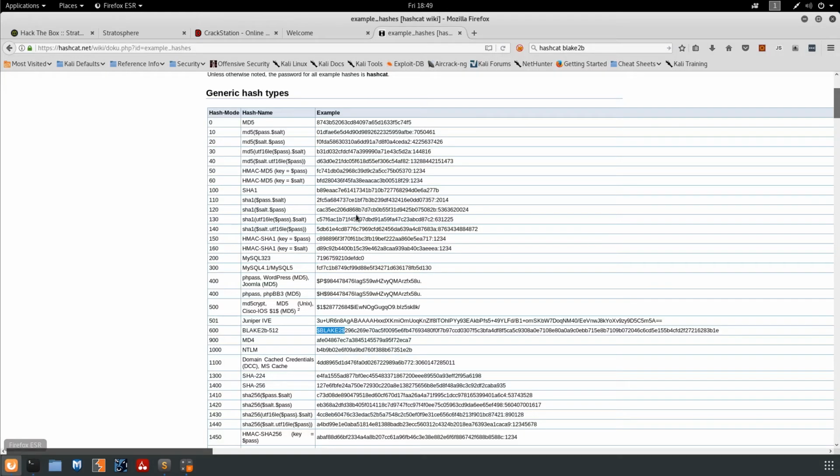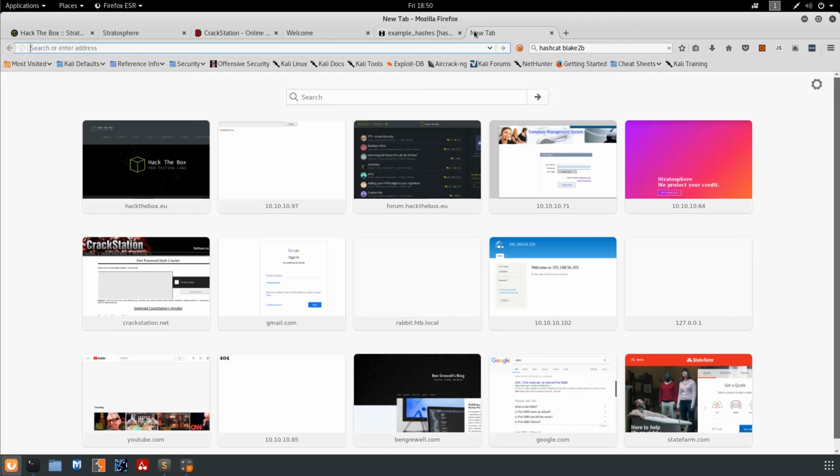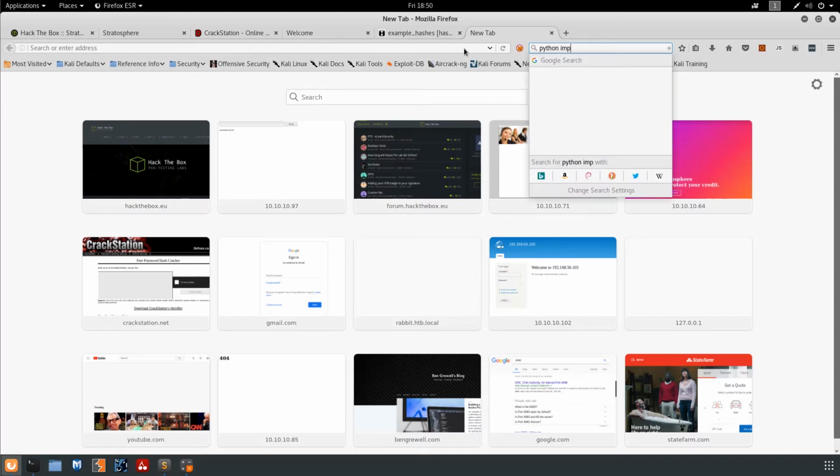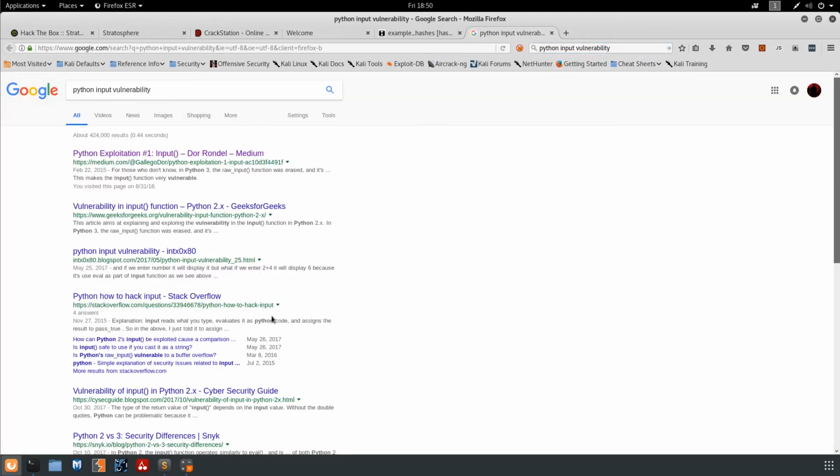And so the first way we'll go about doing it is trying to find an issue with the functions it uses. First one's input, so we just look for Python input and vulnerability. And we see a few come up. And so if we just take a look at these,